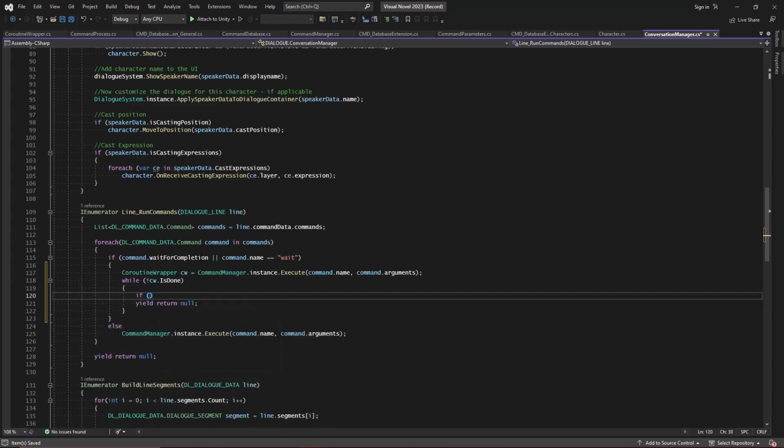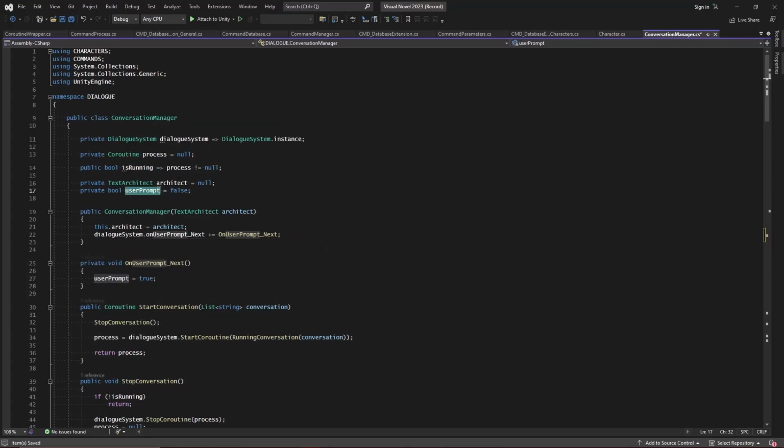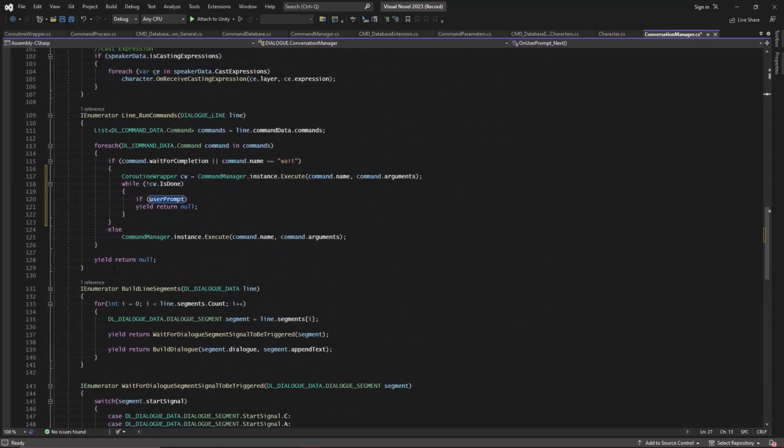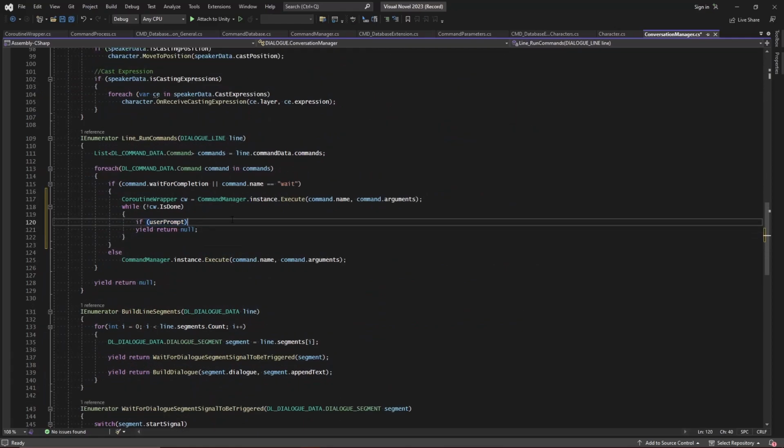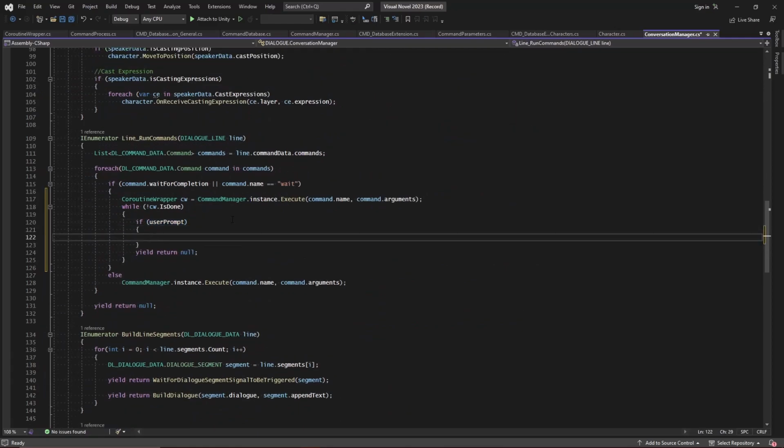And let's check if user prompt. This is triggered whenever we click the screen or whatever key press. If we look at that, all this is done is it's set to true once this command on user prompt next is called. For now, we just have this being triggered to true whenever we click the button on the screen or we hit the space on our keyboard. So if user prompt, then we're going to go ahead and say CommandManager.instance, and we want to